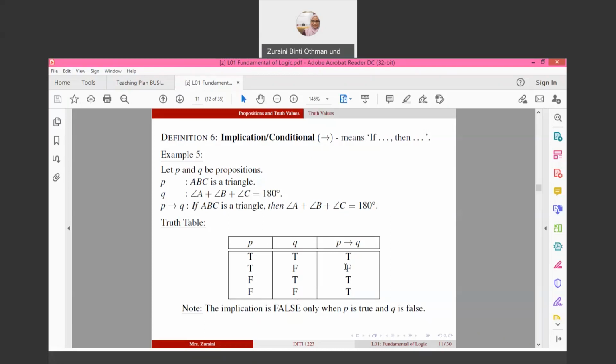Kalau yang ni kan kita boleh buat contoh ayatnya macam ni tau. Maksudnya kalau saya, if I'm a good student, then my CGPA is 3 pointer and above. Okay, kita buat syarat macam tu. Maksudnya kalau macam contoh, kalau dia kata I'm a good student, maksudnya Q dia ialah my CGPA